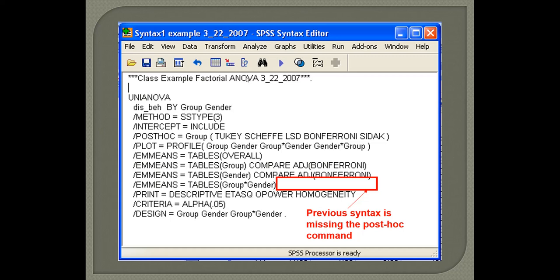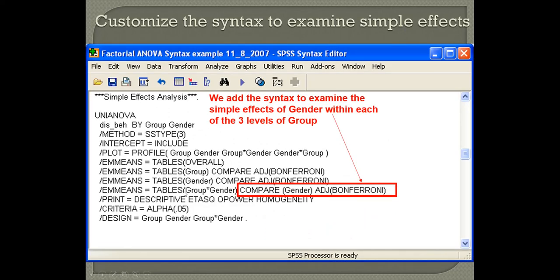Alright, so how to get these simple effects? Most everything in this lecture so far in SPSS you can get quite easily through the point and click menu, and it's demonstrated in a separate video how to conduct a factorial ANOVA. But for the simple effects, you actually have to add a bit of code. So you have to paste the syntax. Before you run the analysis, instead of clicking OK, you will paste the syntax and add the bit of code to tell SPSS, in the estimated marginal means table for the interaction,